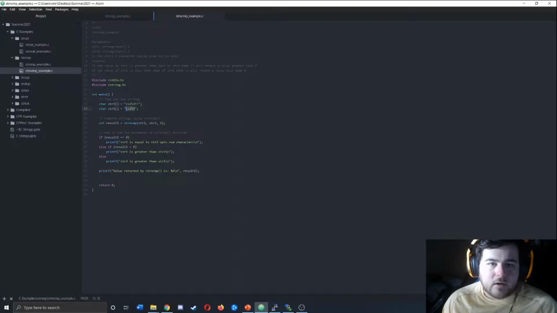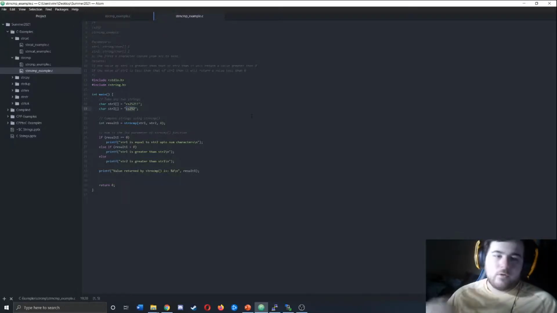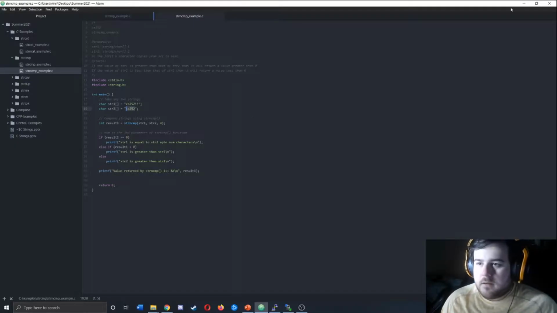So strcmp is really good. Normally, you would have to do this through a for loop on your own, but this is a built-in function for you, so you don't need to go through a for loop to do all these checks. Okay,